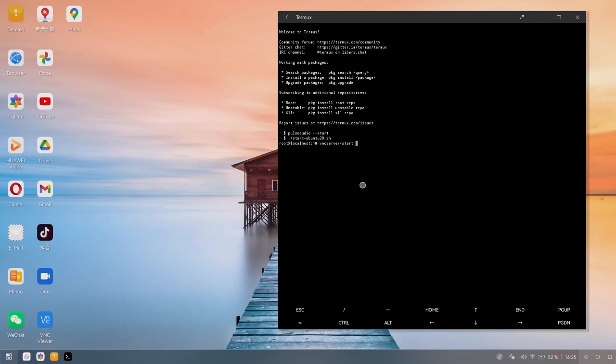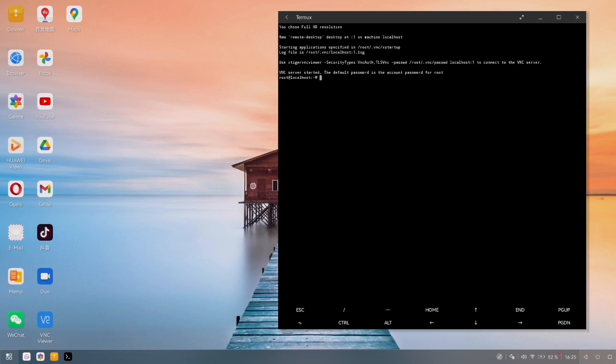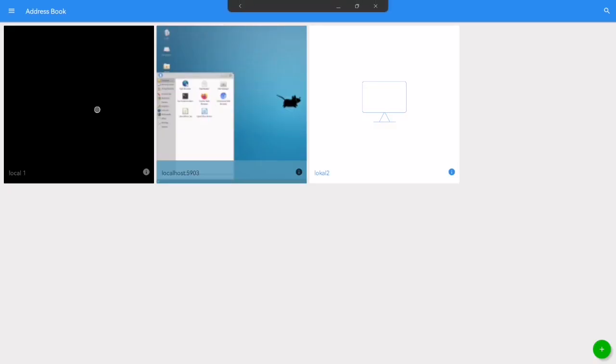If you had the VNC server running and did not end it properly, we need to enter the command vncserver -kill. And as you've seen, there was one running, and it's now possible to start the VNC server again. I go with this one, full HD resolution, and after this step we start the VNC server,